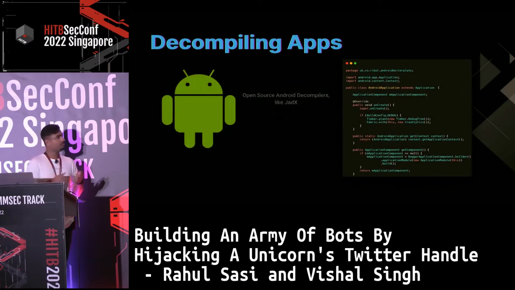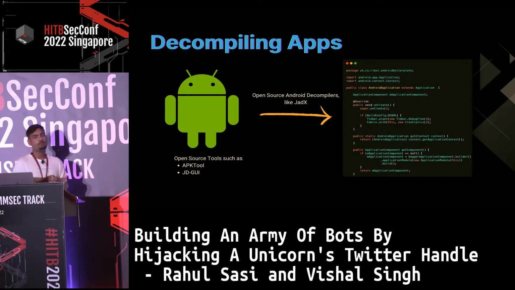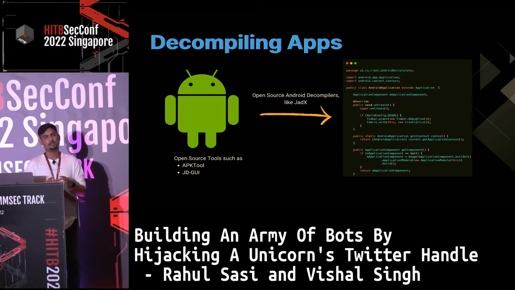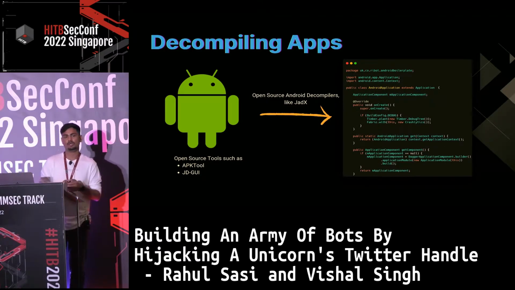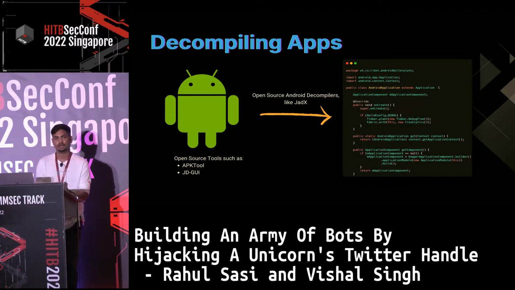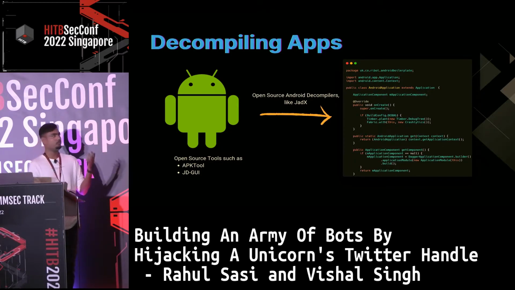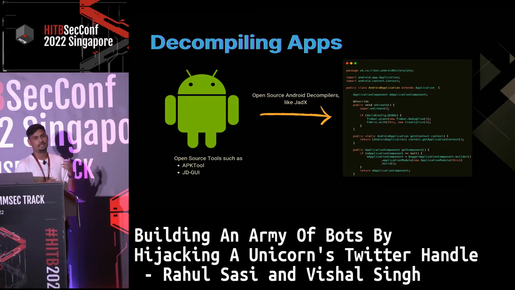Moving forward, how do we decompile apps? What are the tools we can use? One can also use, locally, different open source tools to decompile these apps. There are many open source tools available right now on the internet. You can use APKTool or JD-GUI. But in the case of BVigil itself, we use the JADX tool, which decompiles the package, and we start the static analysis of that code.